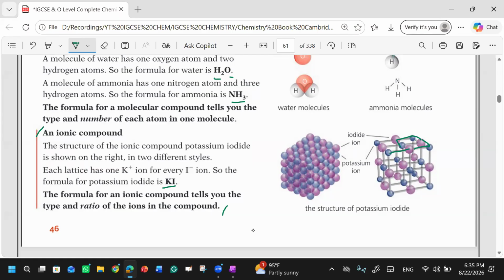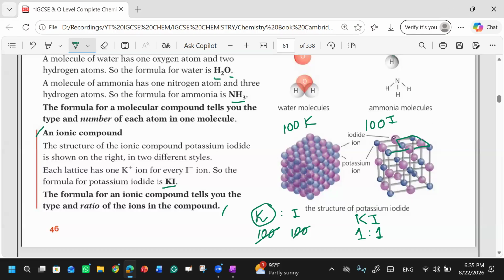Ratio is not the ratio of the electrons, it is the ratio of how many potassium and how many iodine there are. Let's say potassium are 100 and iodine are also 100. If you want the simplest ratio, what would it be? Isn't it 1:1, right? So that's why we write potassium iodide like this. Clear? Always remember, the atoms will be the same in this lattice. If we have 100 potassium, we will have 100 iodines, right?